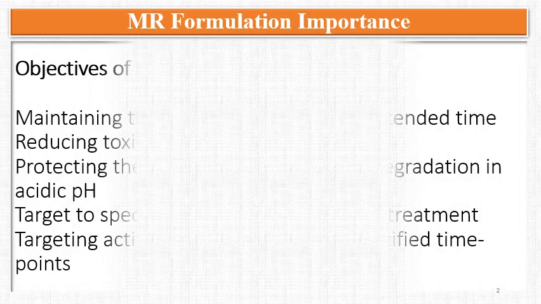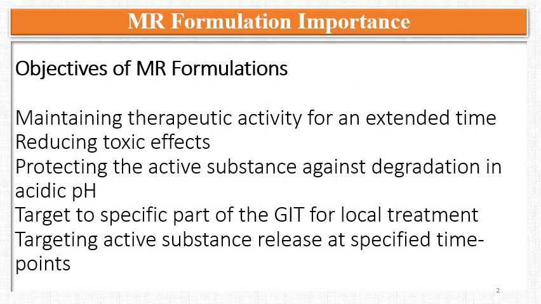MR formulation importance. What is the importance of modified release formulations and why are these formulations made? So mainly in the modified release formulations, the release rate of the API is modified or changed. Many of the time it is made slower, because compared to the immediate release dosage forms, in modified release formulations there is a lag time for release of the API, or there may be slow release of the API from the formulation over a period of certain time, which may be from around 3-4 hours to 24 hours, and that depends on the formulation and the specific indication